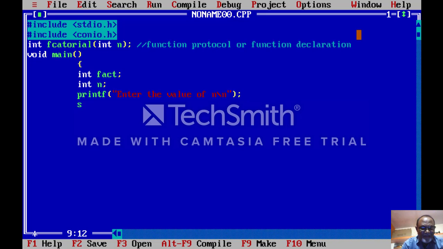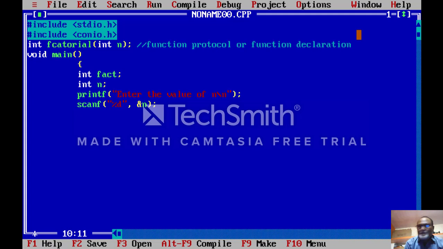By using the scanf function, here the value of n is integer type, so you can use the format specification %d and then the value of n, that is the address of n.